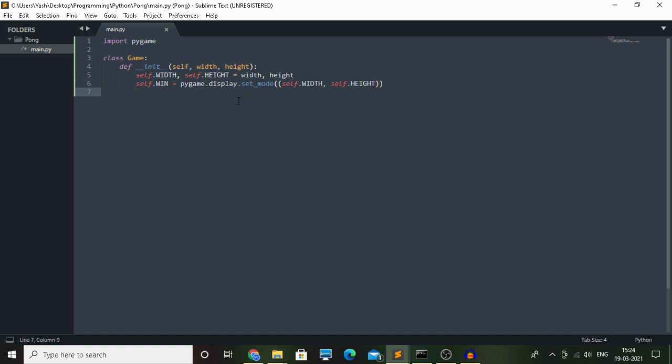Now we'll make a clock which basically sets the FPS limit so that the game does not run too fast.